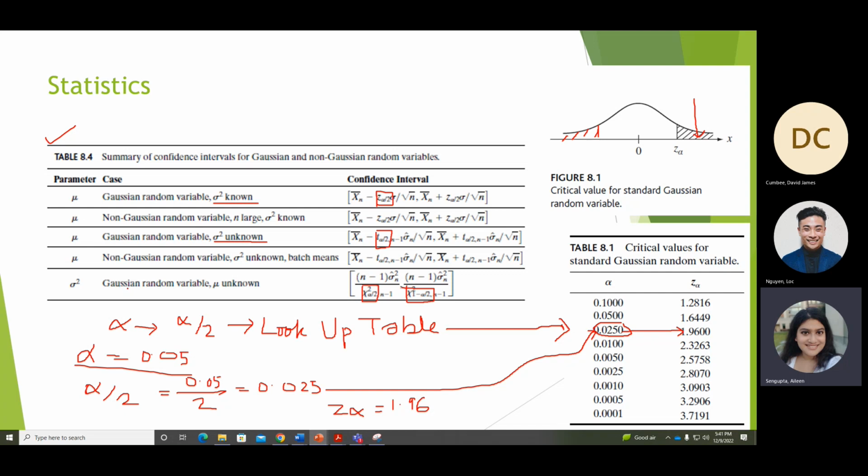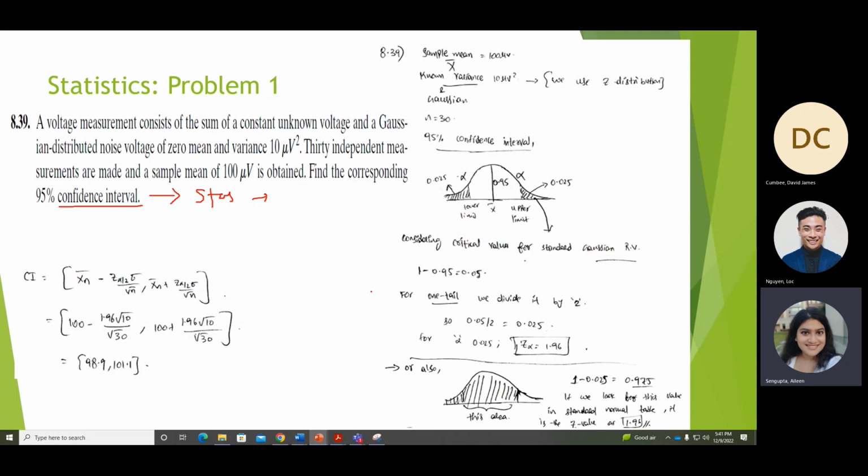A random variable where mu is unknown might or might not always be true. Chi-square is used with a typical language lookup, and I'll tell you about that. So first is basically your problem. Let's read the problem. The voltage measurement consists of,